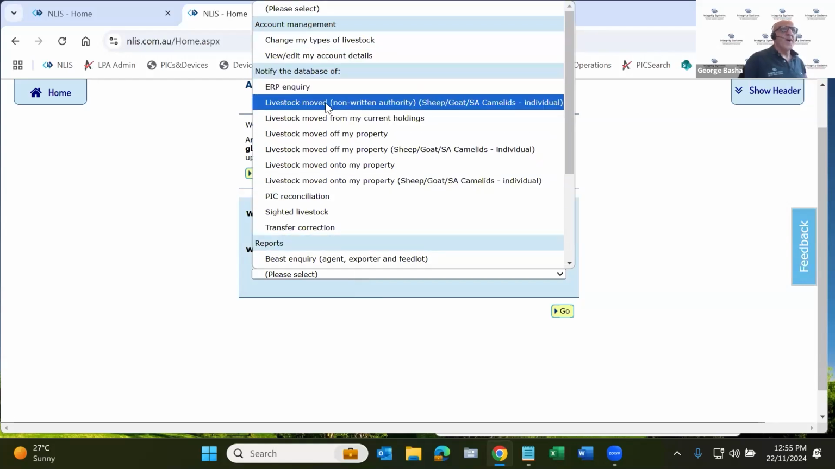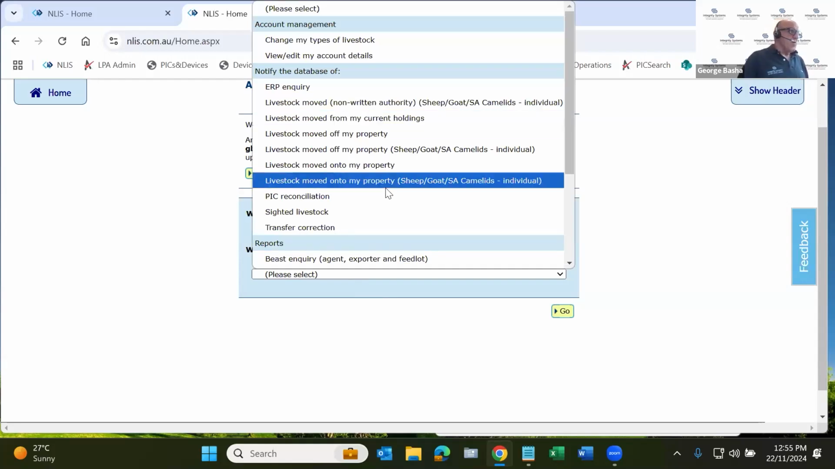So this is changing the database, so to your account, and notify the database of. These are changes you can make. That is moving an animal, changing the status of an animal. And then down below,